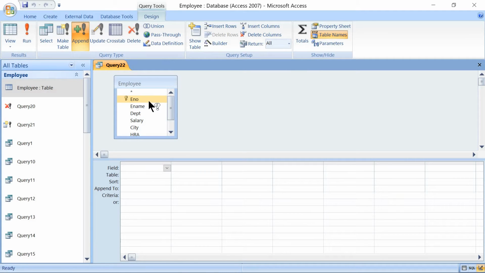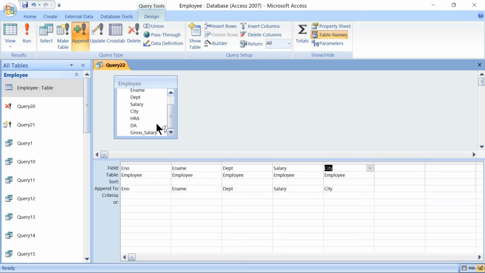Select all the attributes: employee number, employee name, department, salary, city, HRA, DA and gross salary. The condition is what? Where city is equal to Belagavi. Just take the pointer to the city column.